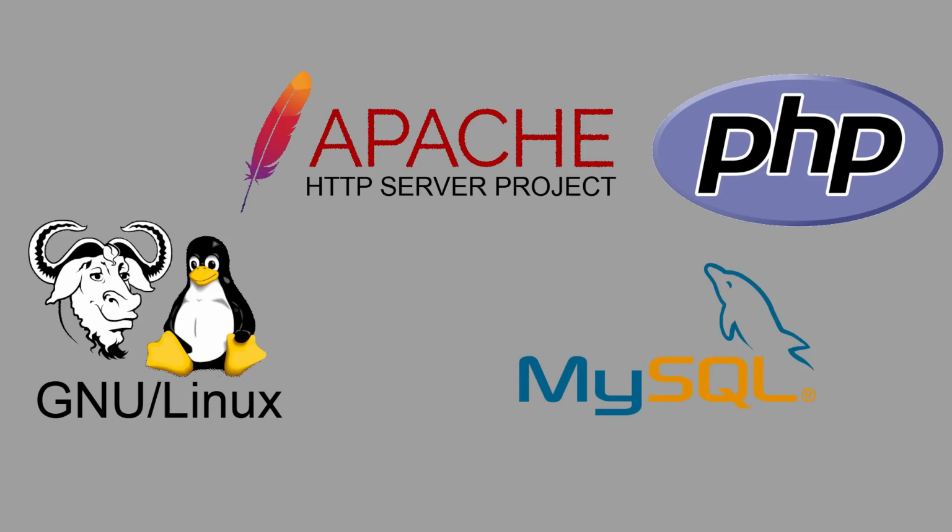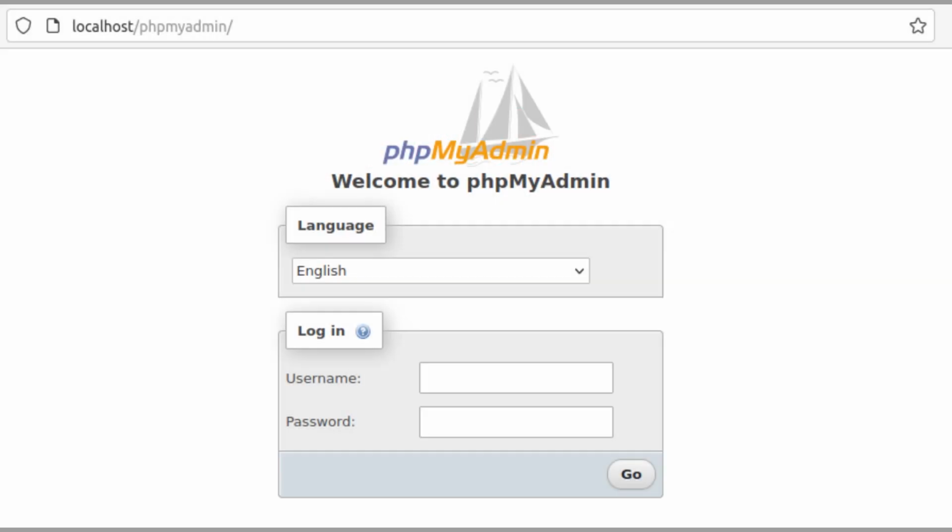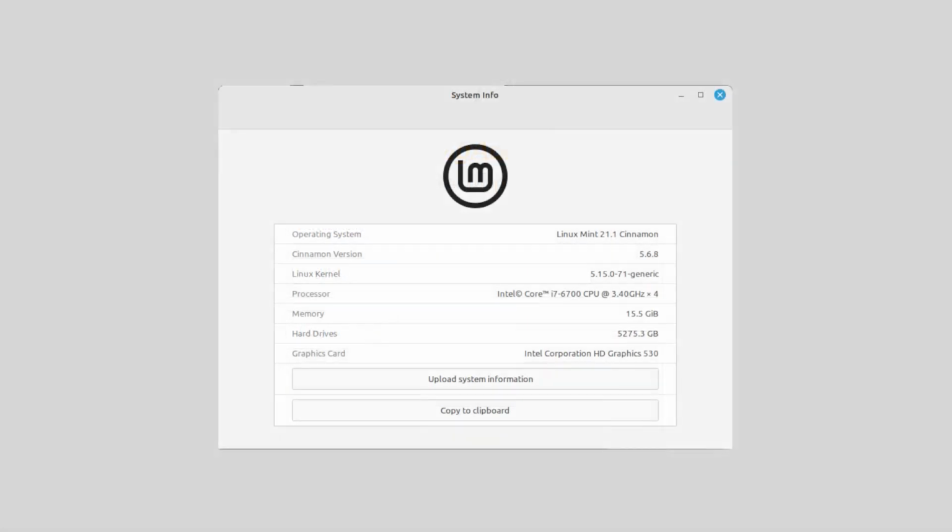I will recommend using an easy-to-use, free and open source GUI program called phpMyAdmin. Before you can work with phpMyAdmin, you have to verify that the LAMP stack is already installed and working properly. And part of the motivation for this video is that I had some problems getting phpMyAdmin to work, so I will walk you through the steps. I'm assuming if you already have a desktop computer that it's already working with Linux. As of this recording, I'm using Linux Mint version 21.1 with the Cinnamon desktop, but any modern flavor of Linux